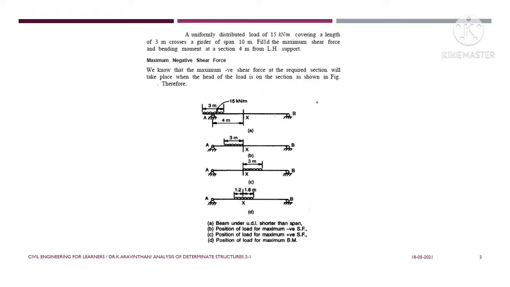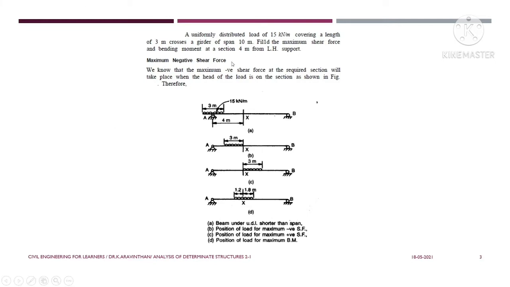In practice, we can see a car which is moving on a bridge. A car has four wheels. So what are the wheels we can consider and how many point loads will be there? If you want to consider that, you have to assume each and every wheel has a point load. So a car has 4 point loads. A two-wheeler has 2 point loads, that is front wheel and a back wheel. For a car you have 4 point loads, and however many wheels you have, that many point loads will be acting. So these are the cases for point loads.